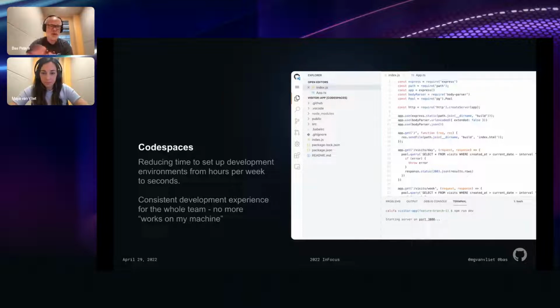There's always the script server in order to run some application. But more recently, we were launching Codespaces, and Codespaces, I think, has made a huge difference, not just at GitHub, but also at a lot of our customers. It definitely helps in onboarding new developers, because a Codespace is a